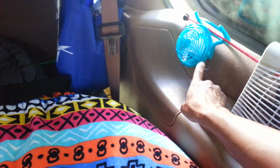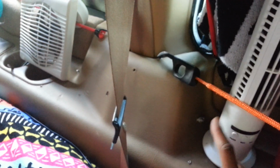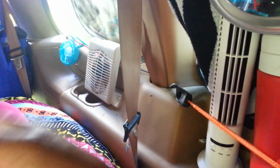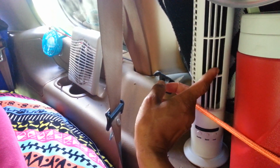This was from Dollar Tree when I was testing out, so for $1 and 2 A batteries. This is 2 D batteries, and I think this one is 4 A batteries. So I'm definitely going to have to get a battery charger. They can hold from AAA to D, or AA to D. I think these two, the little one and this one, take AA. I don't think this is a